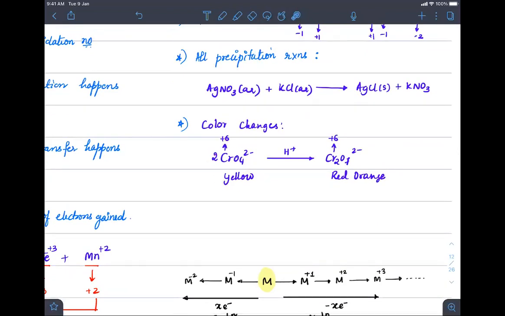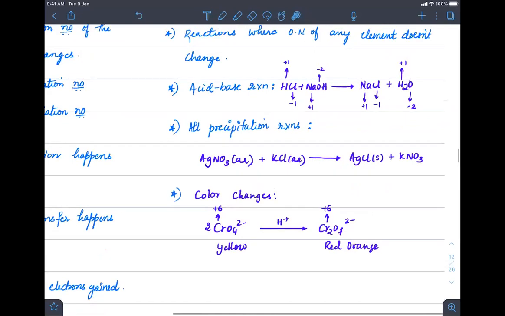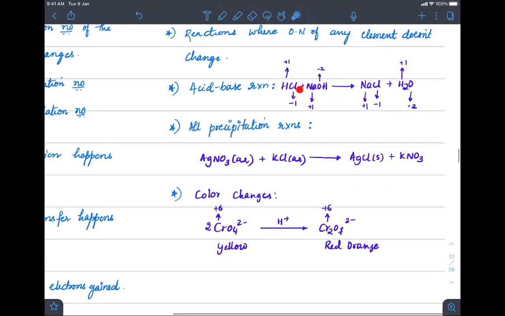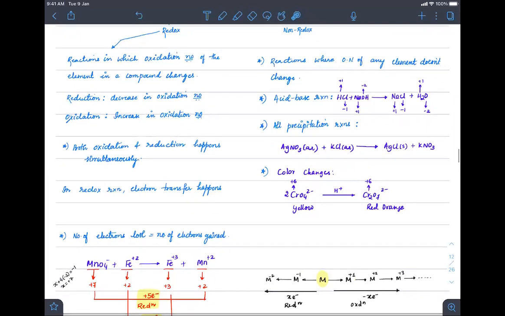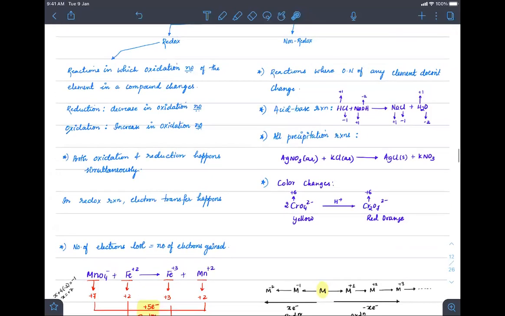There are a few cases where only a color change is happening, but the oxidation state remains the same. They are also non-redox. And acid-base reactions, where acid and base react to give salt and water, are also non-redox reactions. So these are the main differences we have learned. Three major terms, Amal. One is how to find the oxidation state. Second is what an equivalent mass is and what equivalents are, and the third part we touched on is what redox reactions and non-redox reactions are.